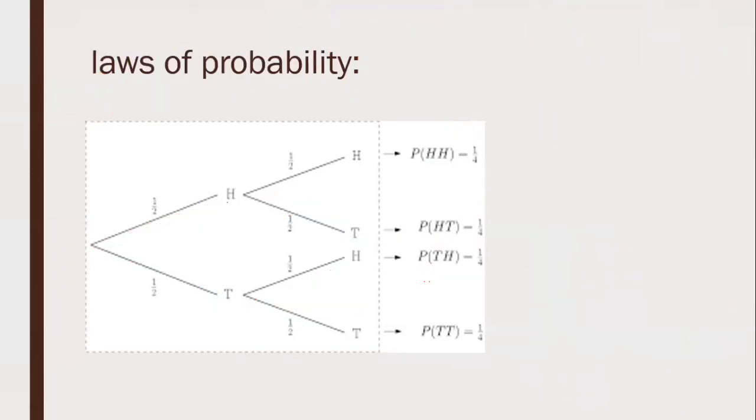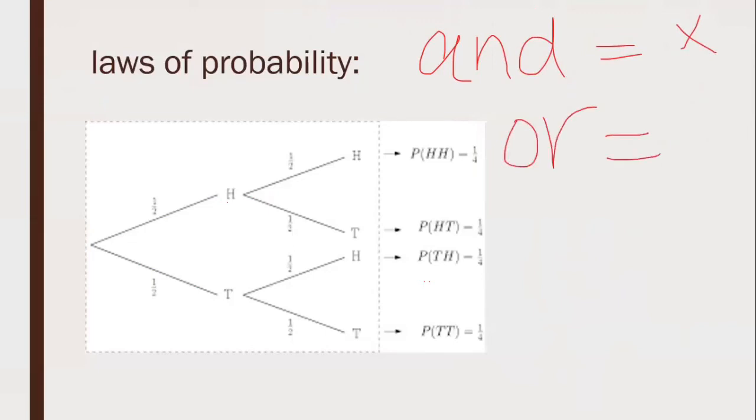Let's review. When we have an and in between, then we are going to multiply, and when we have or in between, then we are going to add. Or will usually come when one event can be carried out in more than one way, and and will usually come when, in order to obtain a particular event or complete an event, you need to multiply different probabilities. So and or rules of probability.